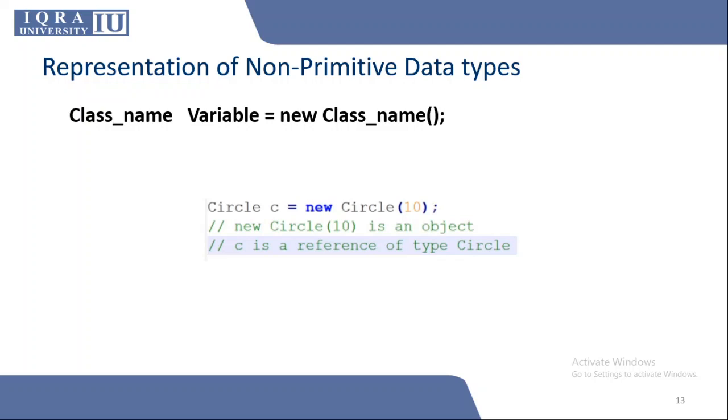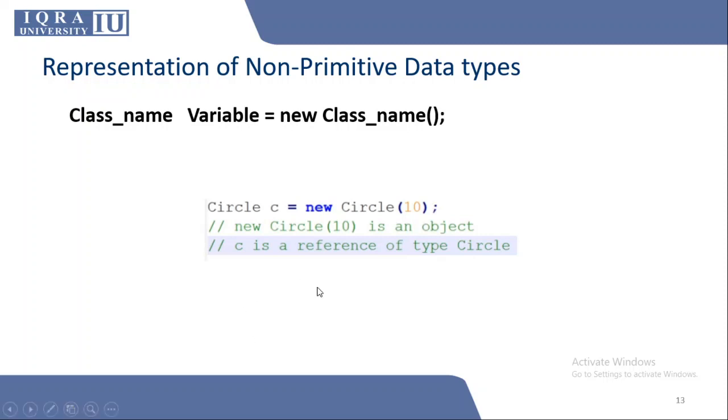The representation of non-primitive data types includes, first of all, writing the class name, then giving a variable name, then equals to, then new, which is a keyword for creating a new object, and again we use the same class name as a constructor.